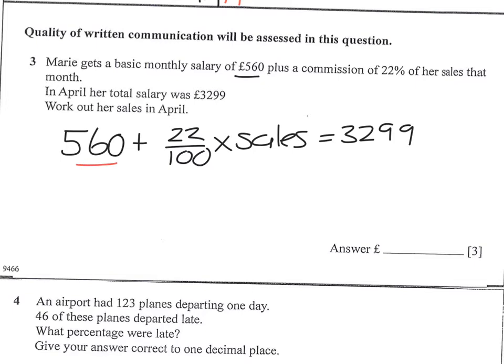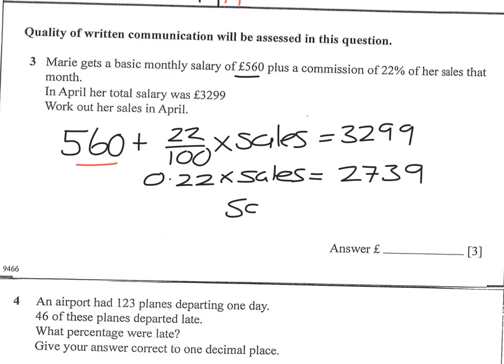So 3,299 take away 560 tells us that 22% of the sales is 2,739, which means her sales will be 2,739 divided by 0.22. And that gives us an answer of